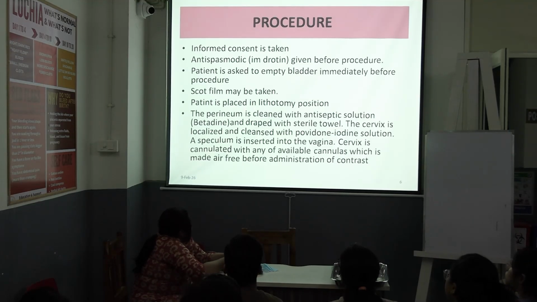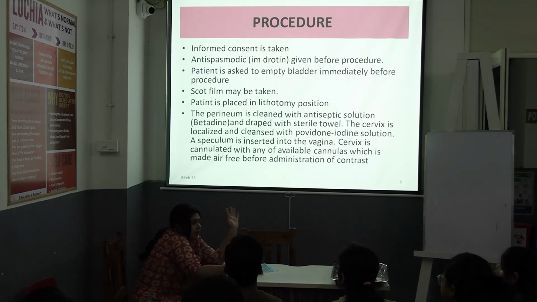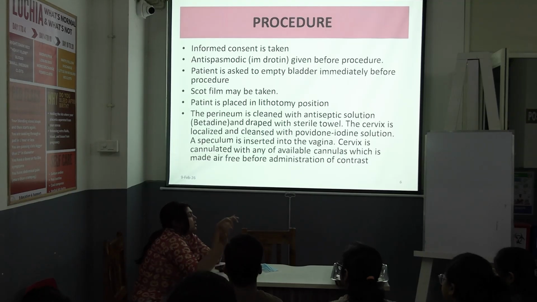Then she has to lie in a lithotomy position and the perineum is cleaned with an antiseptic solution and draped with a sterile towel. What happens is, see, the patient will lie down in a lithotomy position. You will do antiseptic dressing and draping the way you do. And then what will you do? You will put the Sims speculum in the posterior vaginal wall and retract the posterior vaginal wall. Suppose this is your introitus. You put the Sims speculum in the posterior vaginal wall. As a result, what will you see? You can see the external os.